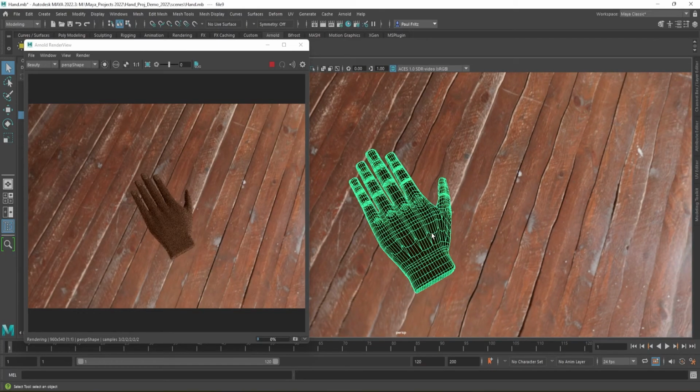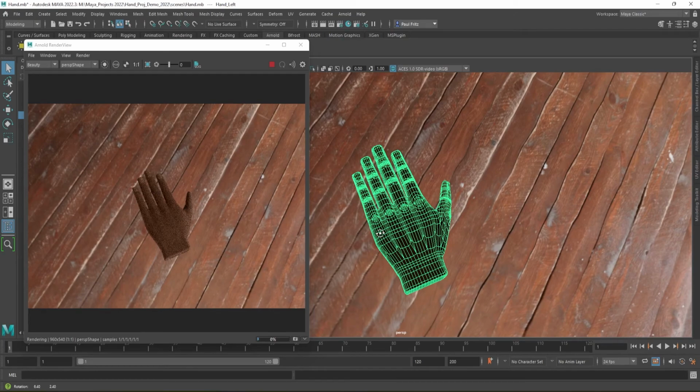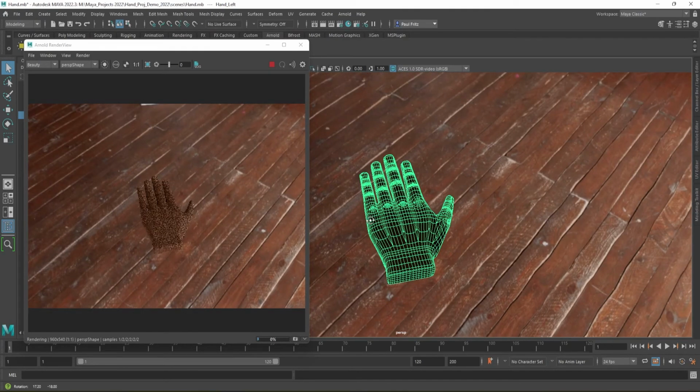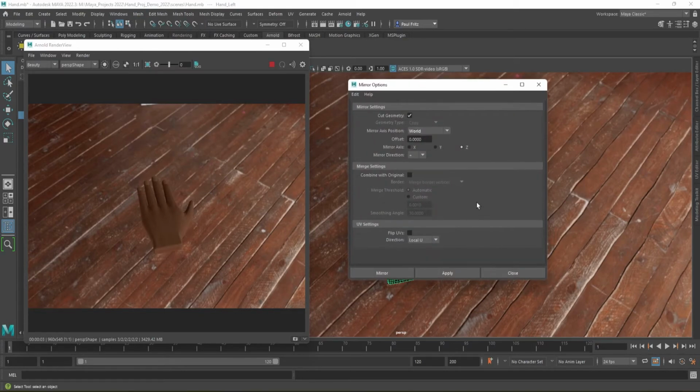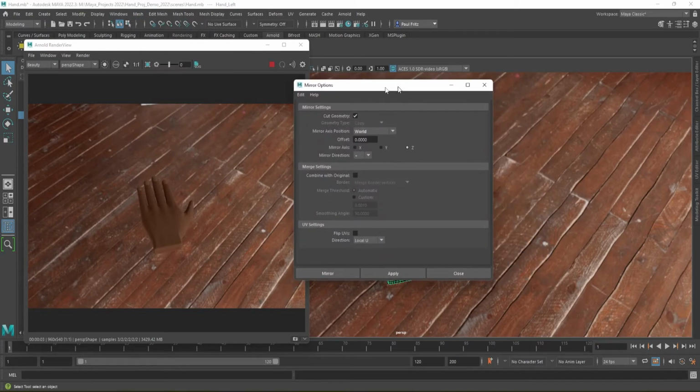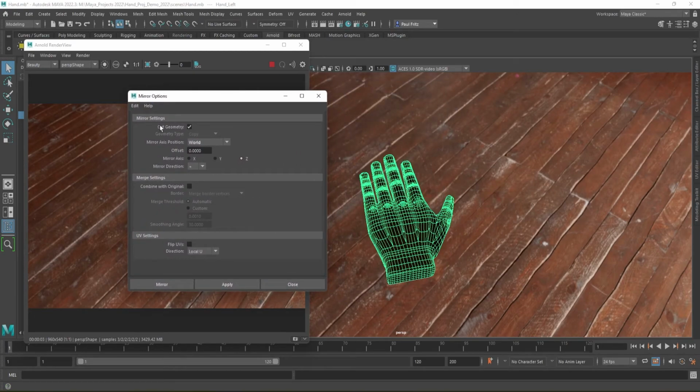That reminds me, we should also be able to select the hand here under the settings, right? And what we can do is go up here to Mesh, select our mirror, and let's see, I think I want to go in the positive Z direction for the world. If this doesn't work, we can always come back and try again. We hit apply,